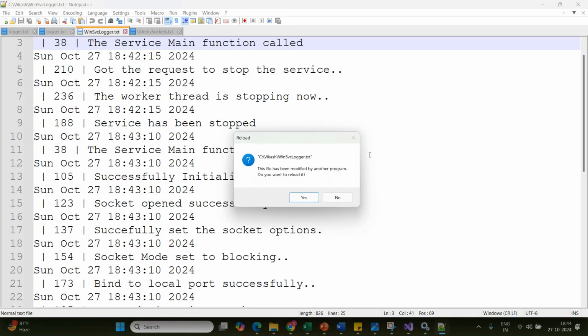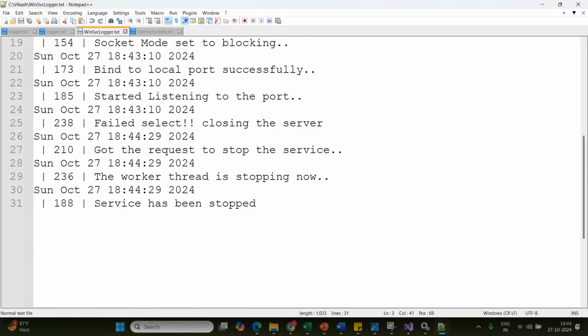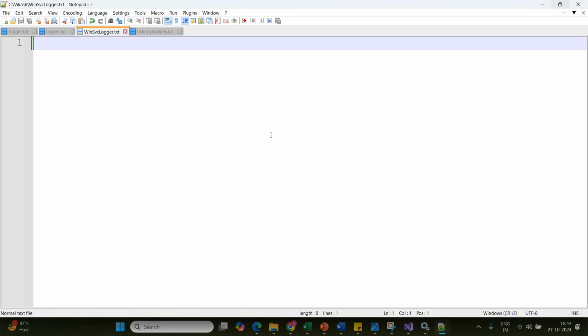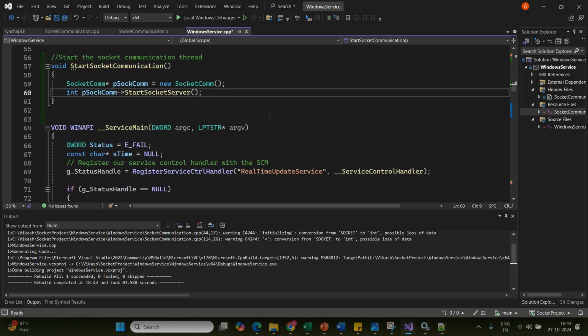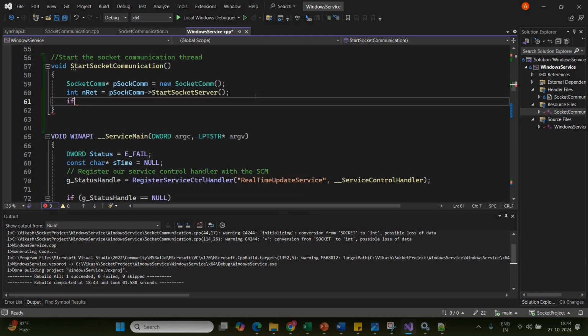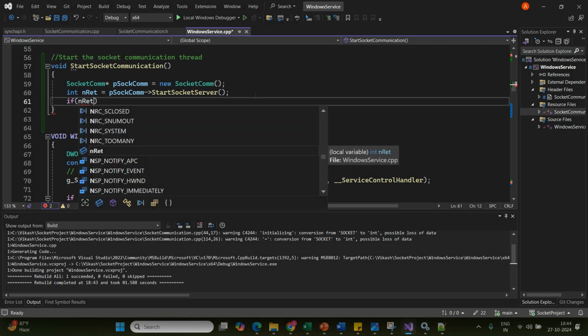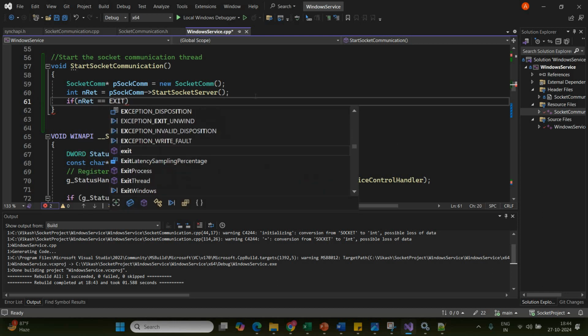So let me do that. Let me first close all these things. The service has been stopped. Let me close all this. And now let me do one thing. Int nret is equal to this, right? And now if nret is equal to exit underscore failure,